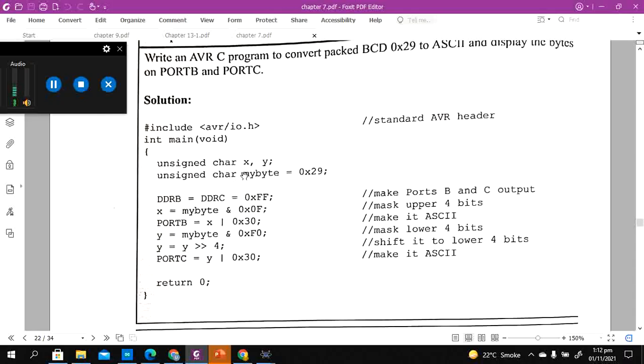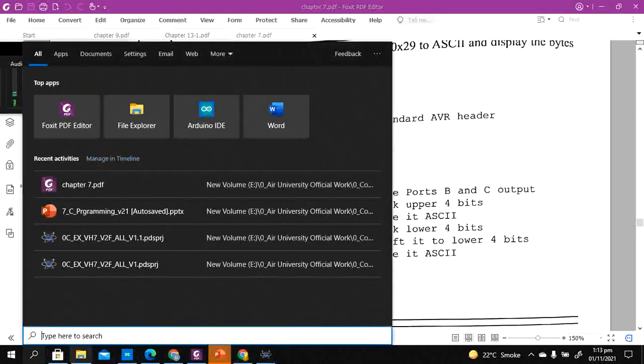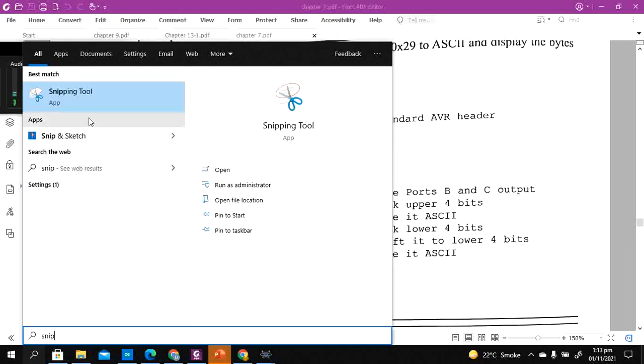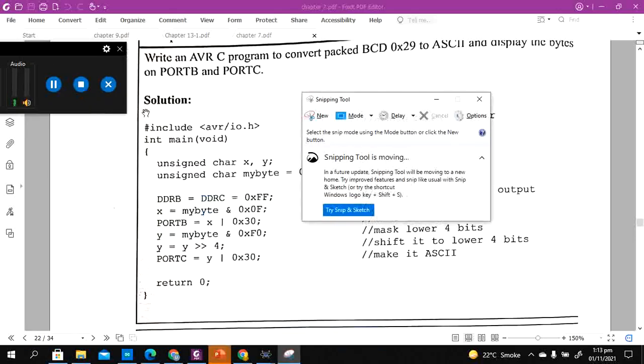This program does not take any input at the moment, and the value is stored inside this routine. So this is 0x29, and we make the two ports output because we want to display the result at the output. We take the input in this variable, myByte, and save this 0x29. Let me just take this snapshot, and then understand this program first.